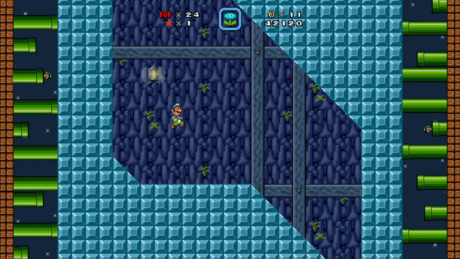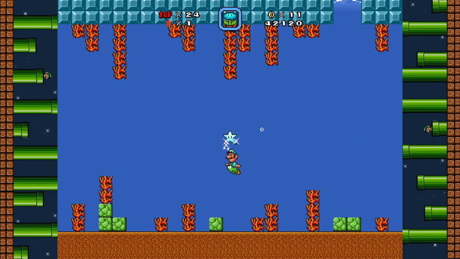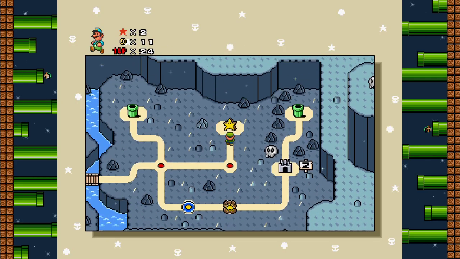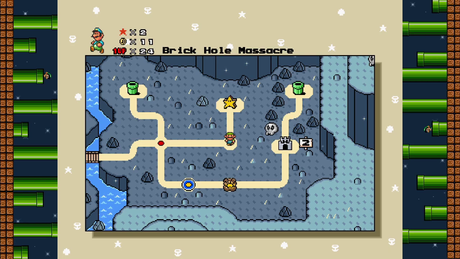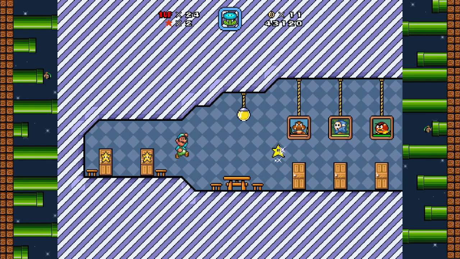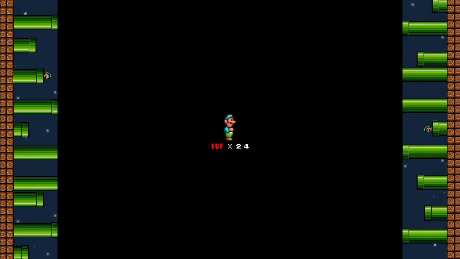Let's see. The second project. Oh, hey. Well, that was an easy secret exit. Takes us to the Star Road into the second door. Okay. I don't think we have any doors unlocked yet. Actually, why don't I check? No, okay. 3 stars, then 5 stars, then 6 stars, then 7 stars. Okay, let's go get the